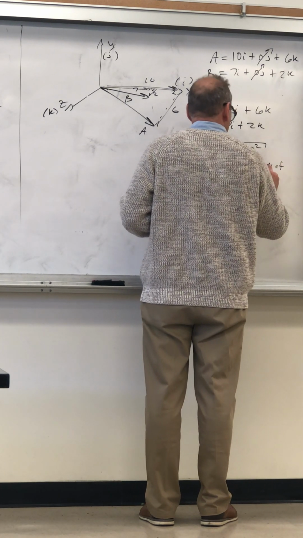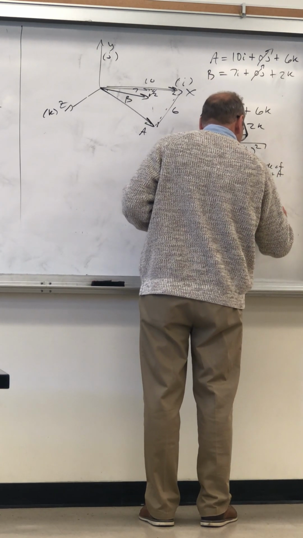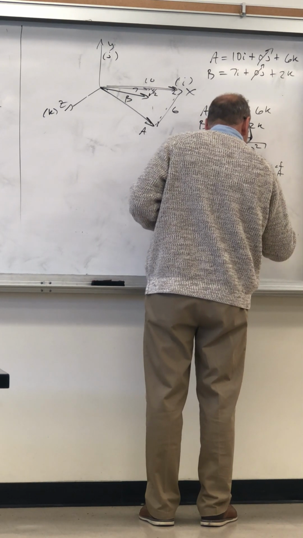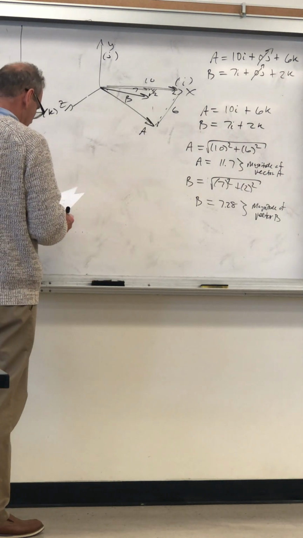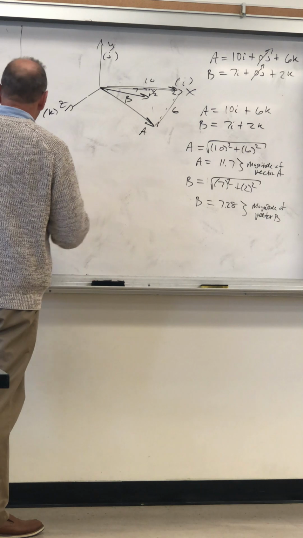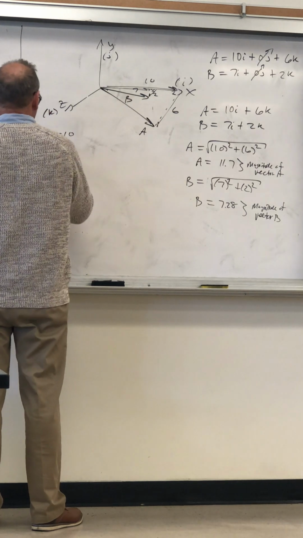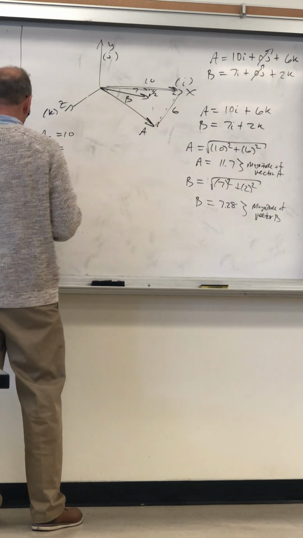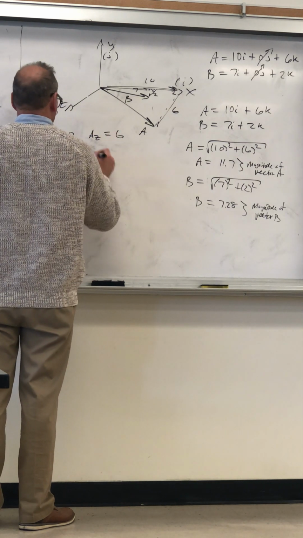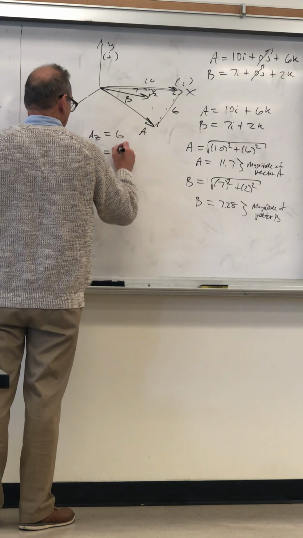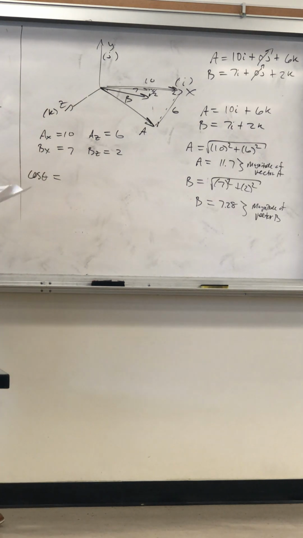The magnitude of vector A. This is the magnitude of vector B. So we have AX is 10, BX is 7, AZ is 6, BZ is 2. So the angle between these two vectors, and so when we say the angle between the vectors,